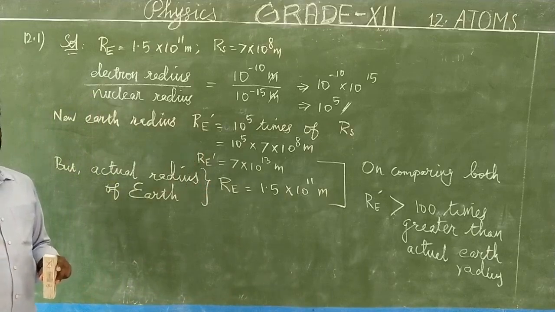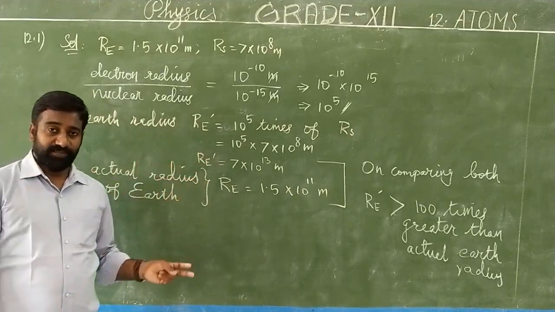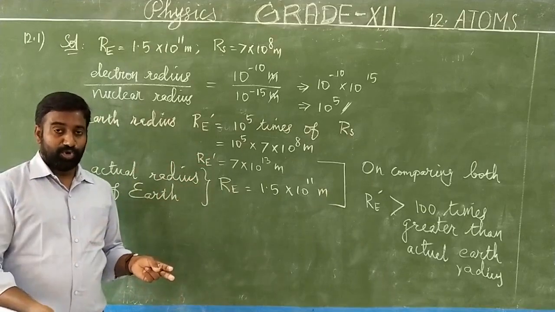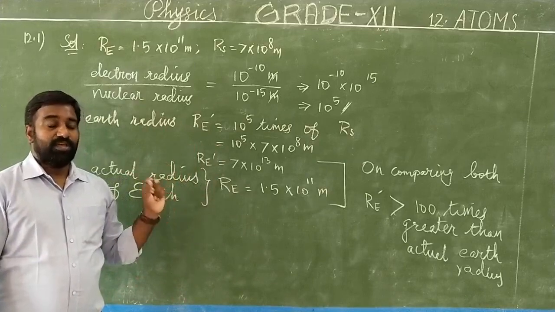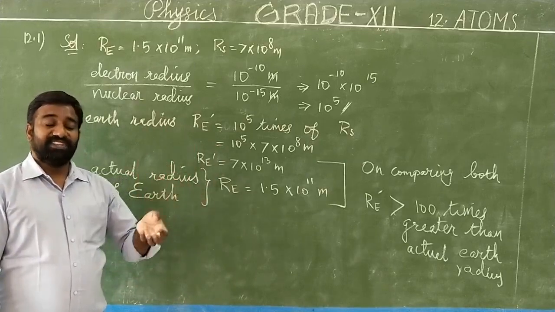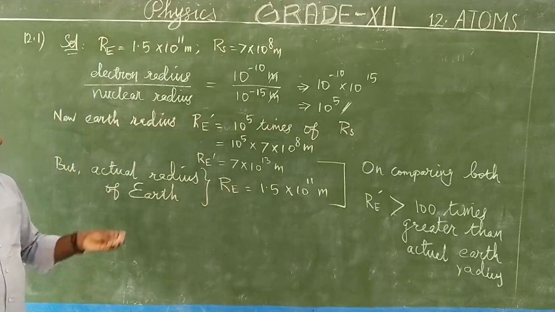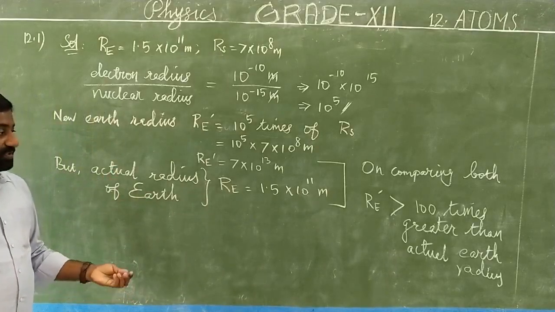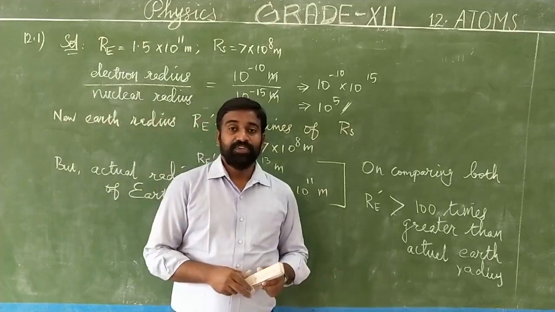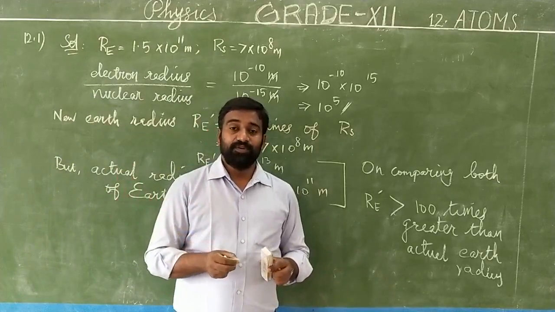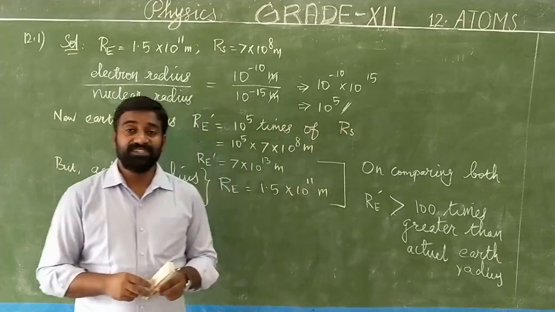So it's a very simple comparison only. In an atom, the nucleus we relate to the Sun, like the planetary model, and the electron we relate to the planet. So from the comparison, whether Earth orbits closer to the Sun or far away from the Sun, what we finally concluded is that even Earth itself is this far, so think about the electron in an atom. The electron in an atom is much farther away from the nucleus. So most of the space in an atom is almost empty.